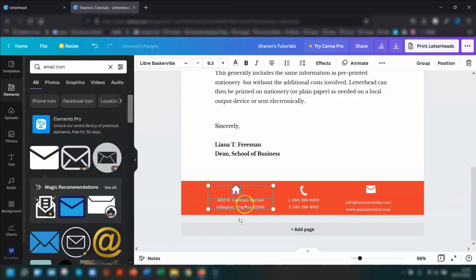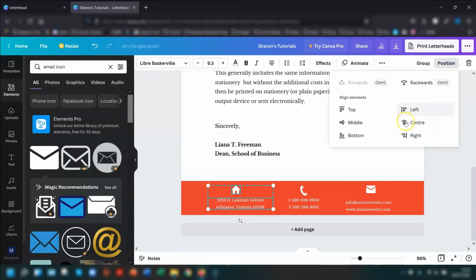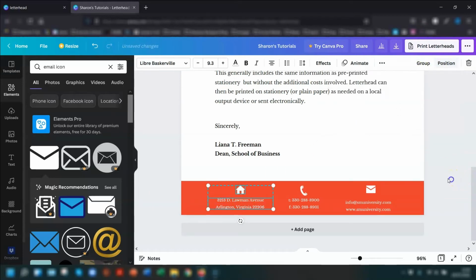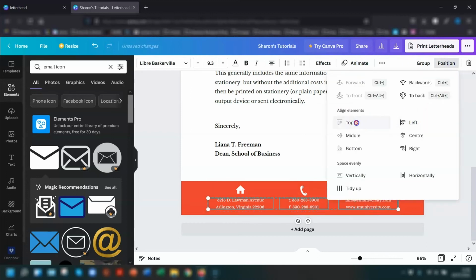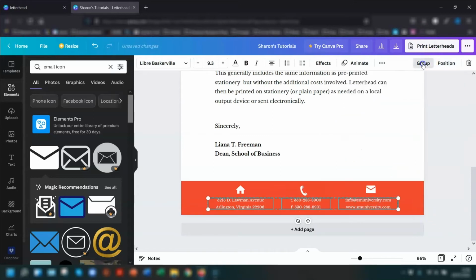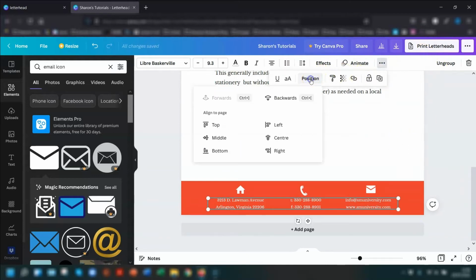I want this to be centered to the actual writing. I want this to be centered. I want all this to be in line as well. So again, I'm going to position to the top so it's all in line, and I want it spaced evenly horizontally as well. And I'm just going to group those together, and I'm now going to position them centrally to